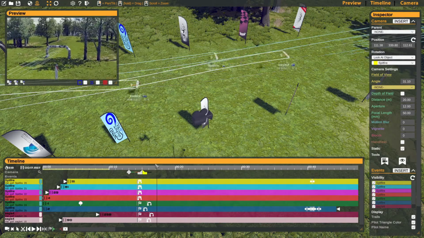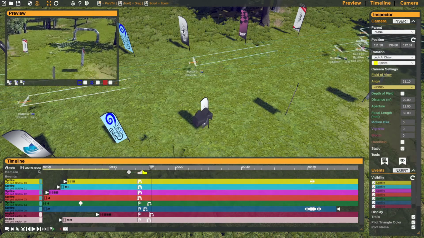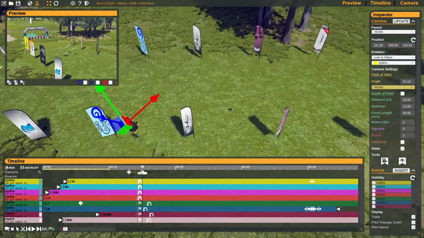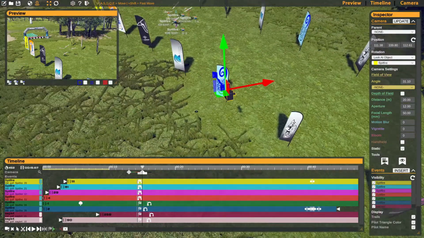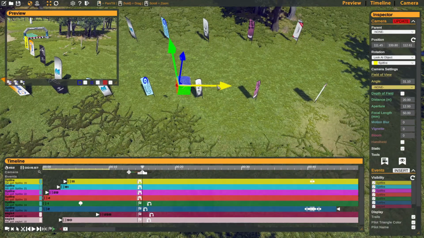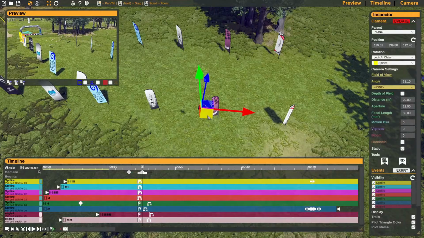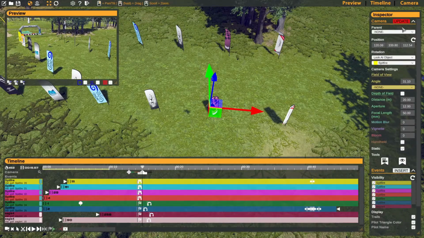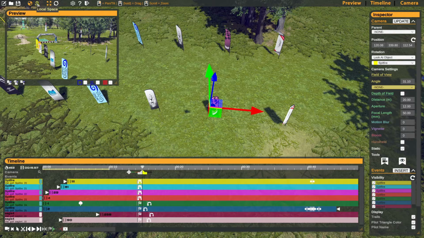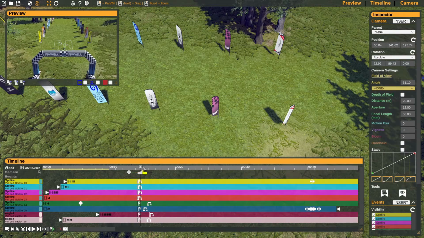But we want to have multiple cameras in this clip, and so actually I'm going to move this camera, and you'll see right now the orientation of the camera is pointing directly through the camera. So this is the local orientation. I'm going to take it to world space, and that allows me to move the camera directly up and down in X, Y, Z as we need to. So I'm going to move it a bit further along. I think that'll be a bit cooler. So we put it there, update, and I'll go back to local space. I like the camera a lot of times in local space. And so now we get this a bit further away,